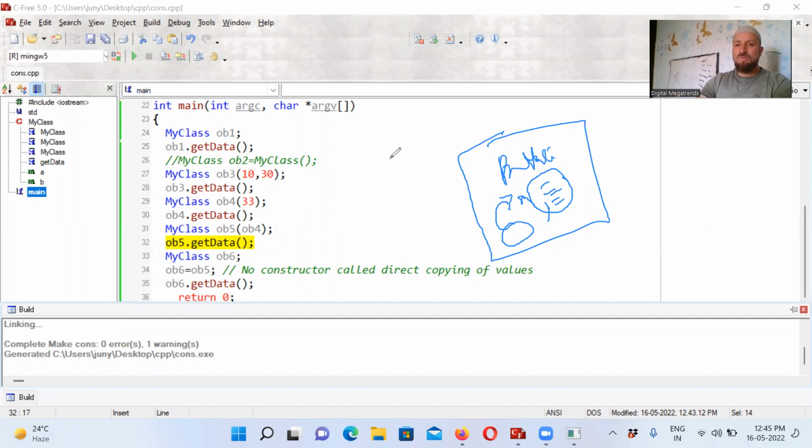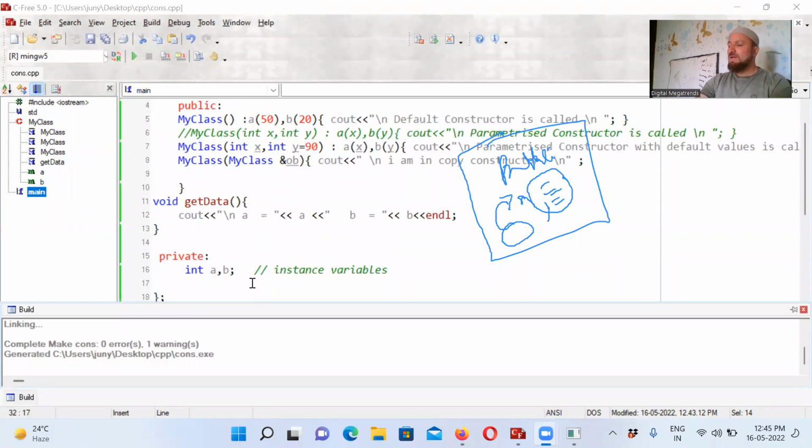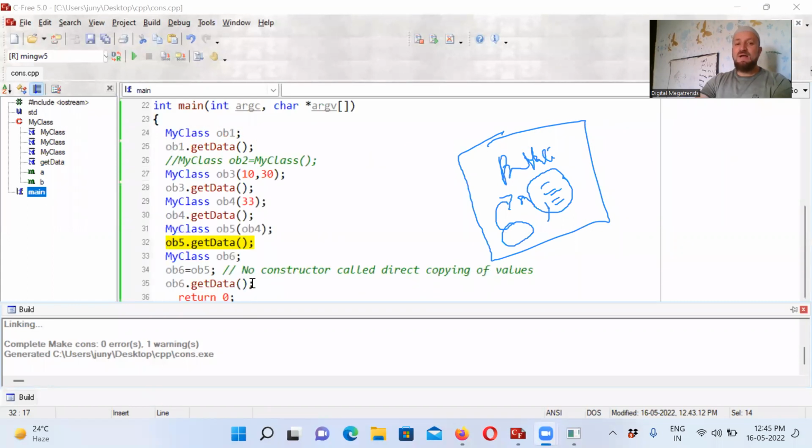OB4 जो चीजें थी, OB4, है ना। So copy constructor is kind of a leak to the security of the C++, क्योंकि OB4 की जो चीजें थी, प्राइवेट चीज, प्राइवेट क्या है हमारे पास, दो ही है, A और B, उसको मैं एक्सेस कर पाया विद इन द OB5 if I have a reference,